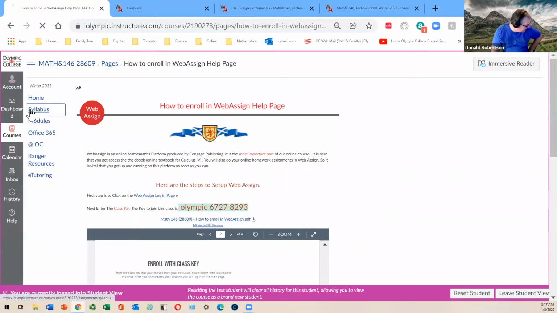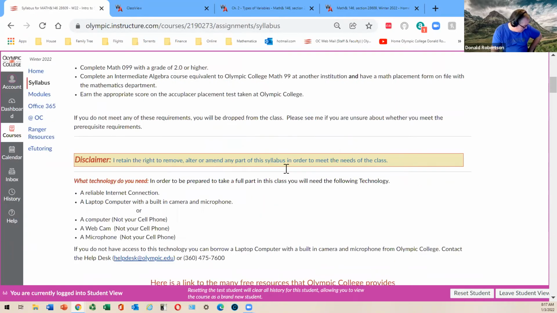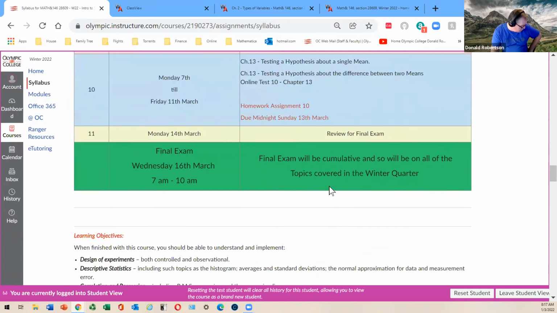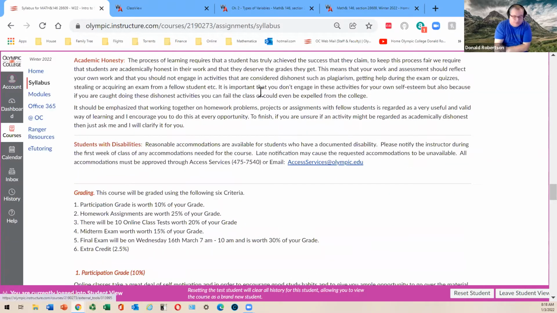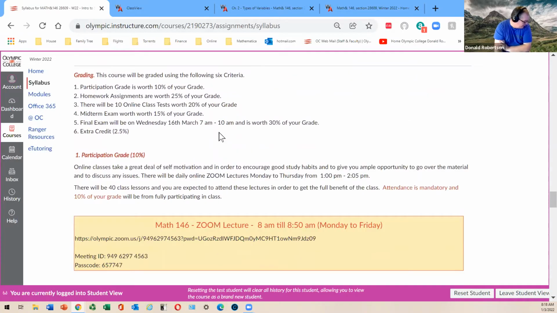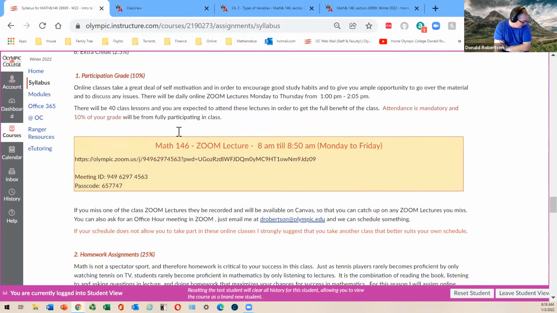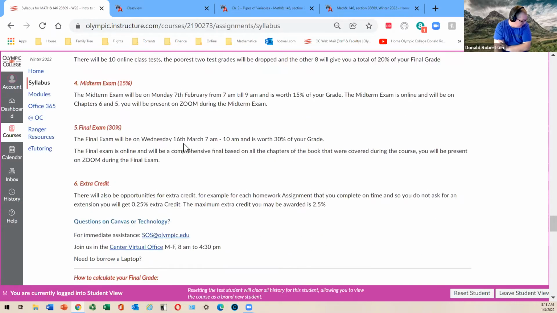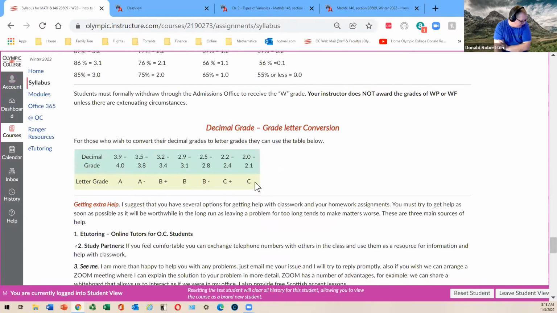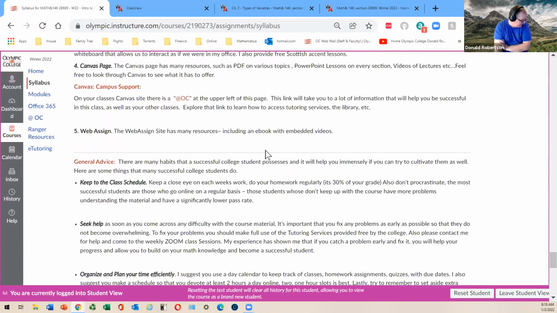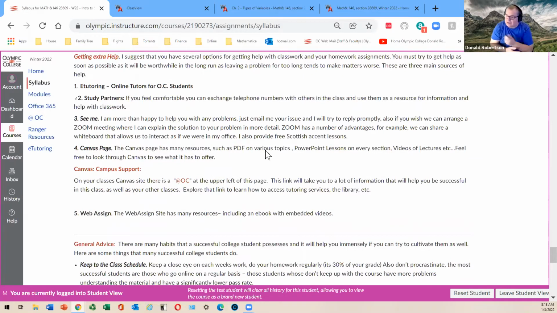And let's go back to syllabus. So what is statistics about? Well, here are the learning chapters. We're good. Don't cheat. Pretty obvious. The grading we've talked about, and here is the grading information in a little bit more detail. And then you add up all your points and you get GPA, and then places you can get help.